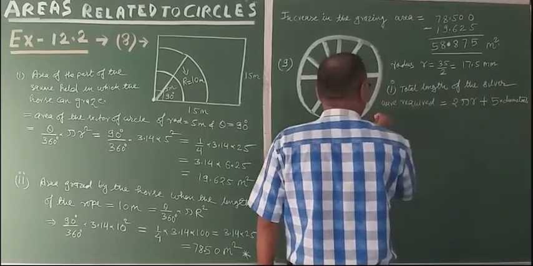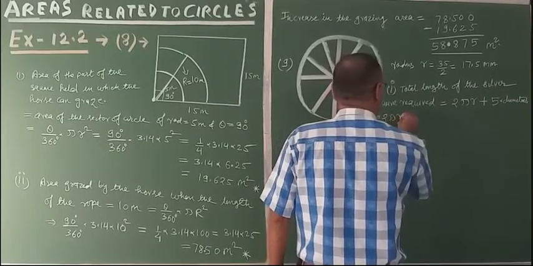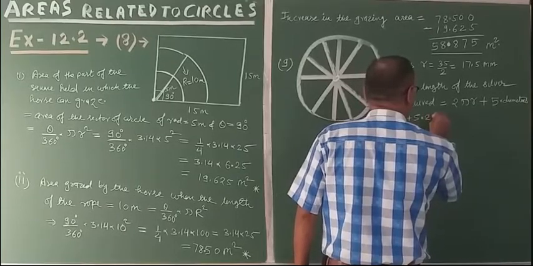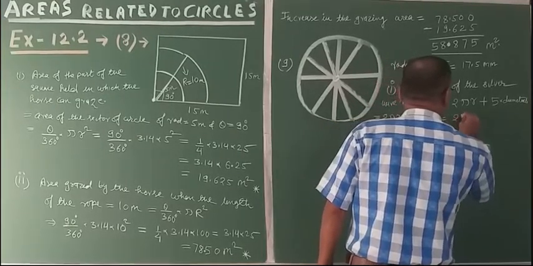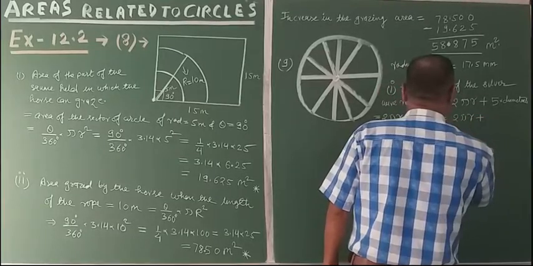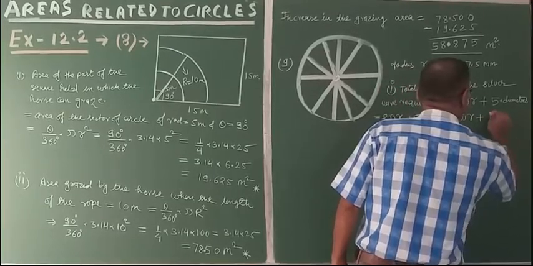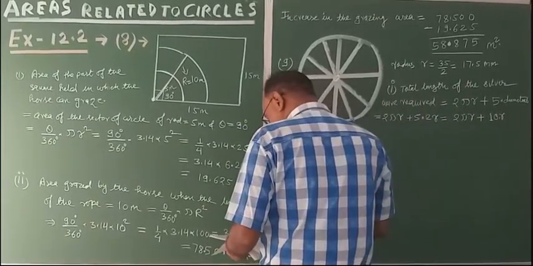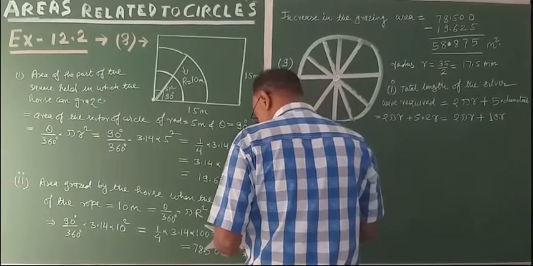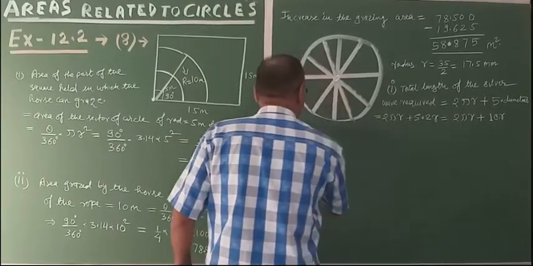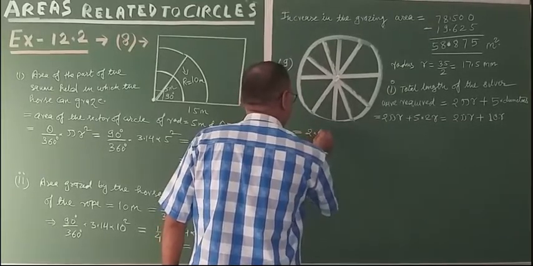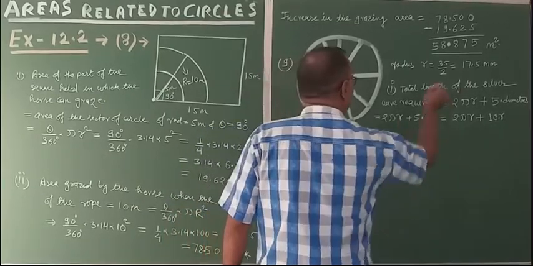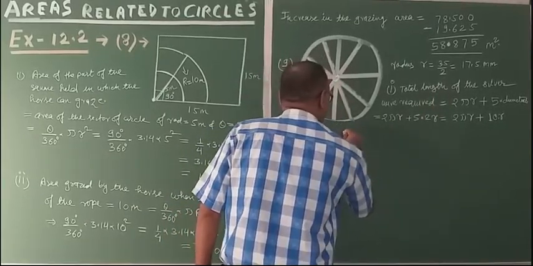So this will be 2 pi r plus 5, and the diameter is 2 radius. So this will become 2 pi r plus 5 into 10 r. Now put the values, and pi is given here. Nothing is given here. So you can use 22 upon 7. 2 into 22 upon 7 into the radius is this 17.5